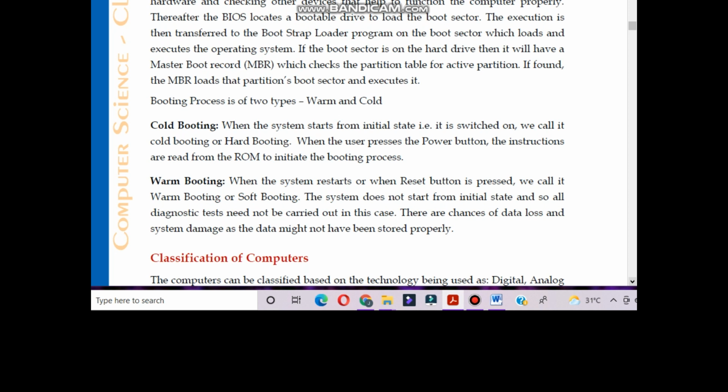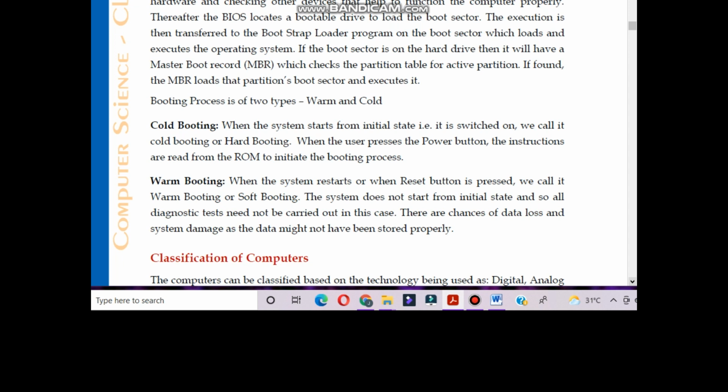When the user presses the power button, the instructions are read from ROM, read-only memory, to initiate the booting process.